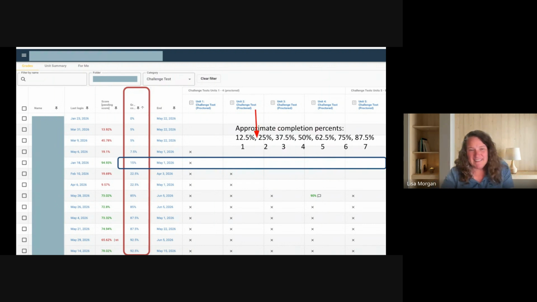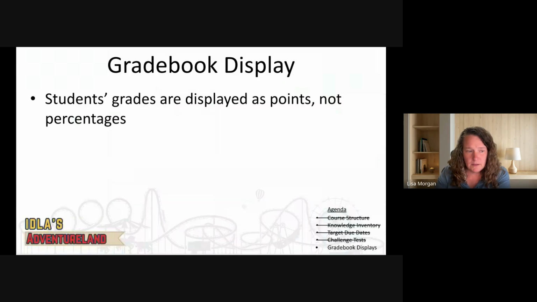All right. So challenge tests were fun. I didn't find them utilized very often, and I suspect it'll be the same in most of your classes. The last item on the agenda, and then we have a couple of questions from the survey, is our gradebook